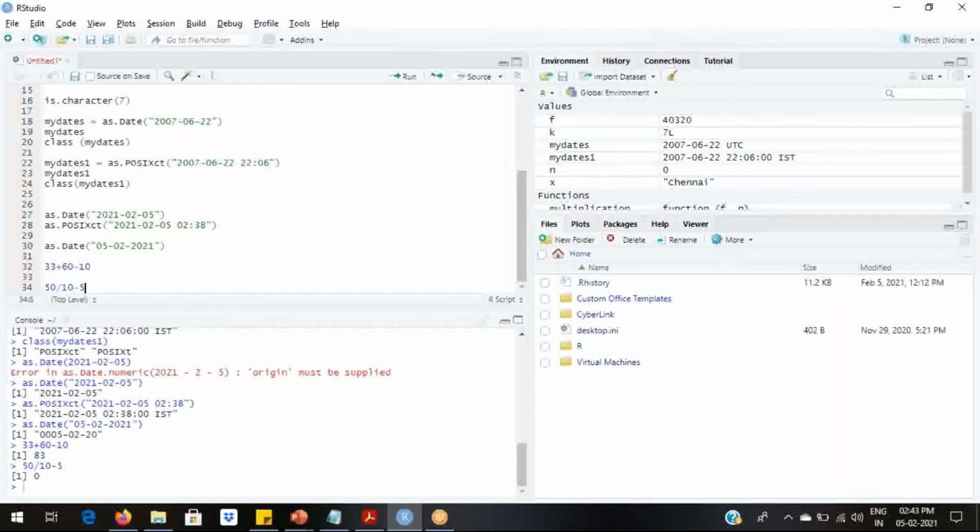So here you can see that first division will get executed according to the BODMAS rule, and then subtraction. So 50 by 10 is 5, minus 5, which is 0. If it happens the other way around, 10 minus 5 is 5 and 50 by 5 is 10, which is wrong. So I hope this example helps you understand this concept better.